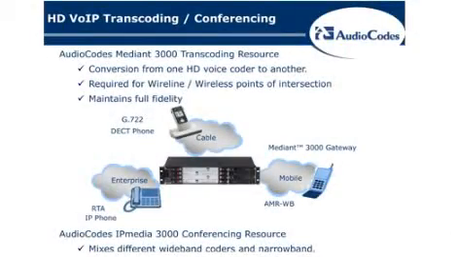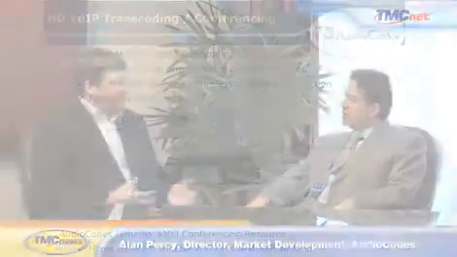So transcoding, do you want to let the viewers know precisely what that is? Sure. Transcoding is the conversion from one format to another. Imagine a wireline service provider that wants to send a call over to a wireless provider. Wireless providers typically use either AMR or EVRC. Right now they do the conversion over the PSTN, but in the HD IP world there needs to be an engine that converts from one to the other. That's what transcoding is, a conversion from one format of voice to another, and that's what we'll be addressing right away in our HD strategy.